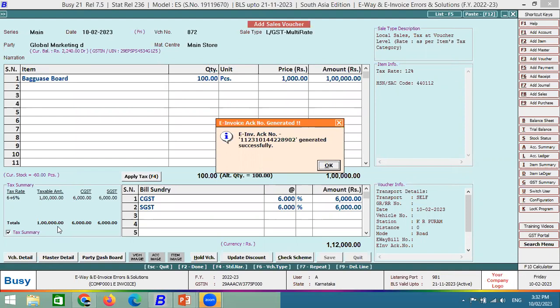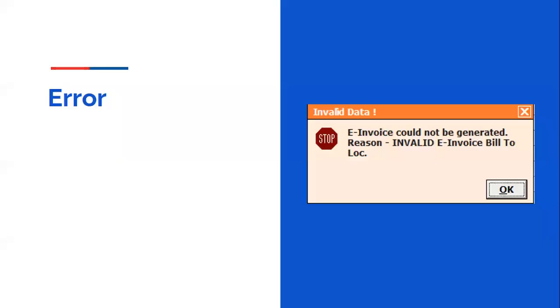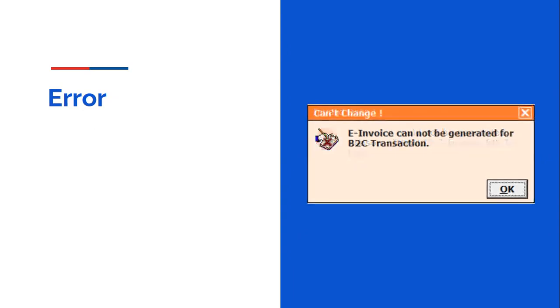Clear? The solution is you have to mention your station address properly in a party master. If the station name is blank, then you will get this error message. Hope this is clear for you, right? So kindly note the solution of the errors. It will help you a lot in future. Okay. So our next error message is